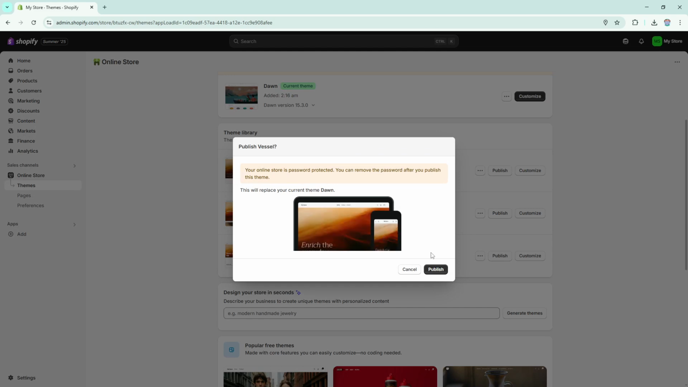And there you have it. With just a few simple clicks, you've successfully published a new theme on your Shopify store. By doing so, you've instantly refreshed the look and feel of your online shop, hopefully enhancing the shopping experience for your customers. It's amazing how a spruce up in design can have such a significant impact on user engagement and